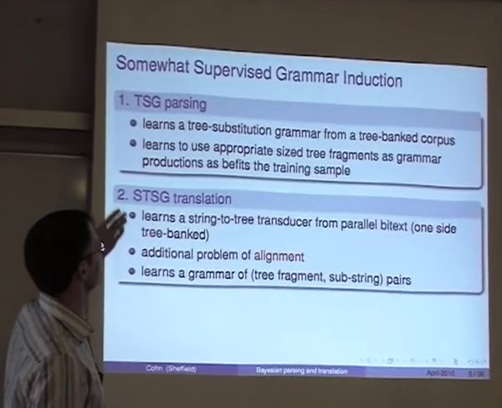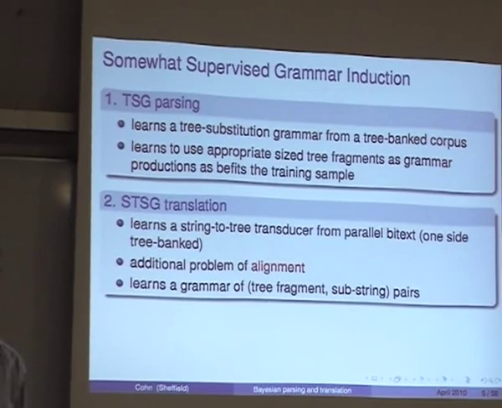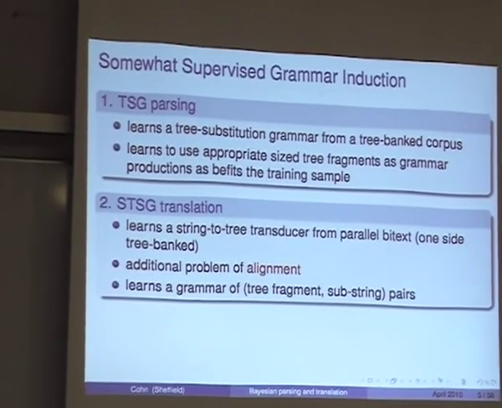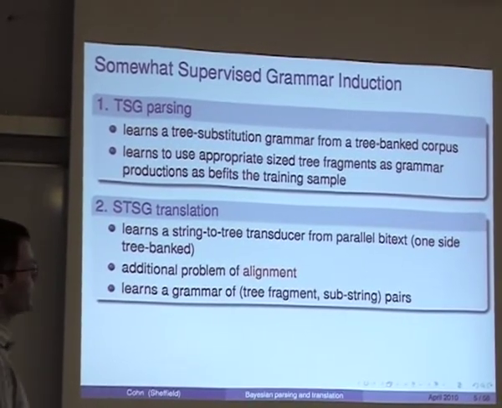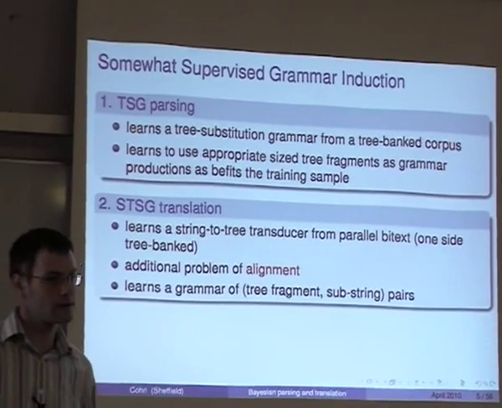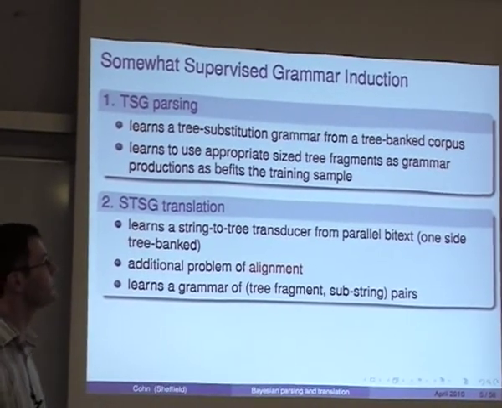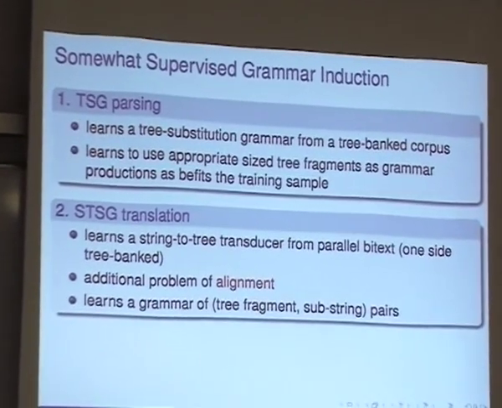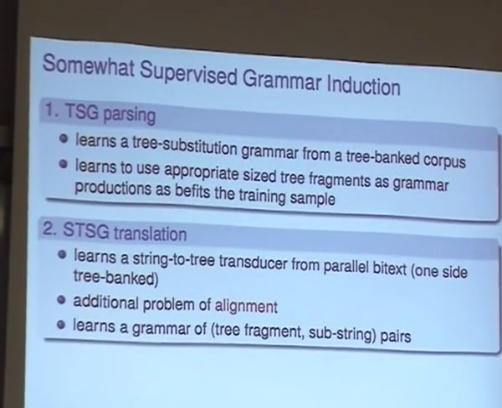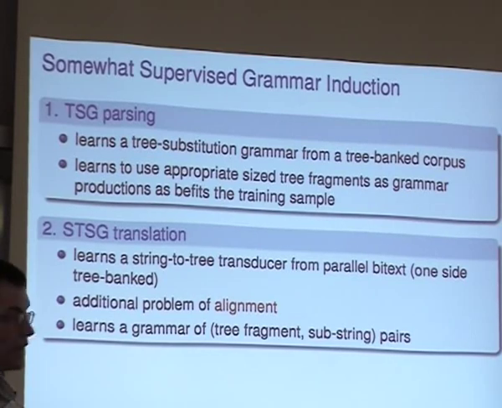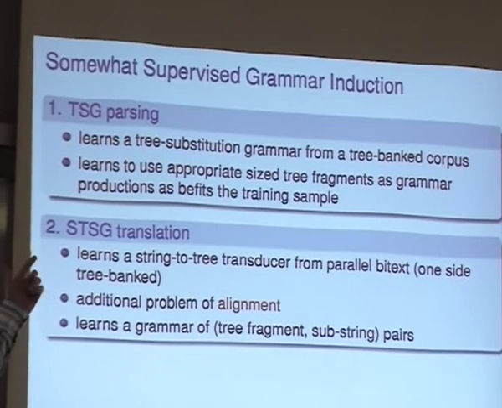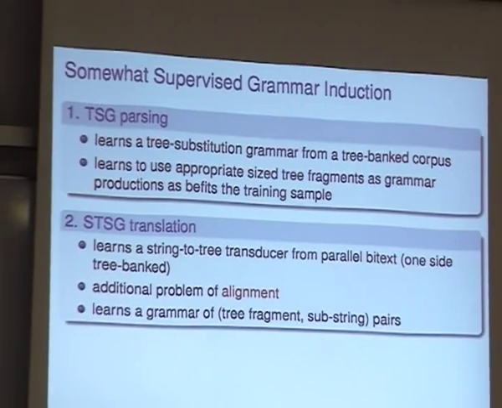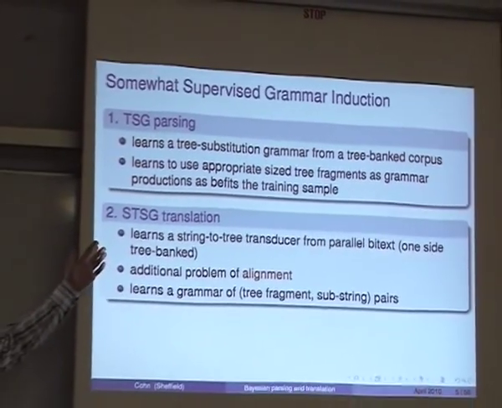To start with, we're talking about tree-substitution grammar parsing, also known as data-oriented parsing in the literature. The idea is that we're trying to learn a reasonably rich grammar representation that can learn very large units from treebank data and can use that to parse efficiently and with good accuracy. And in the second part, I'll be talking about applying this kind of model to bilingual data.